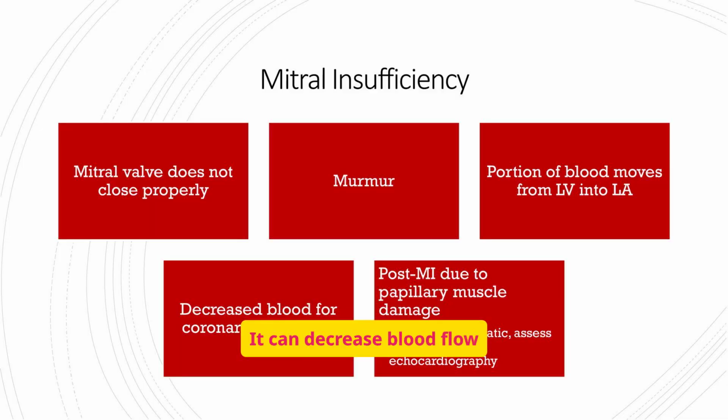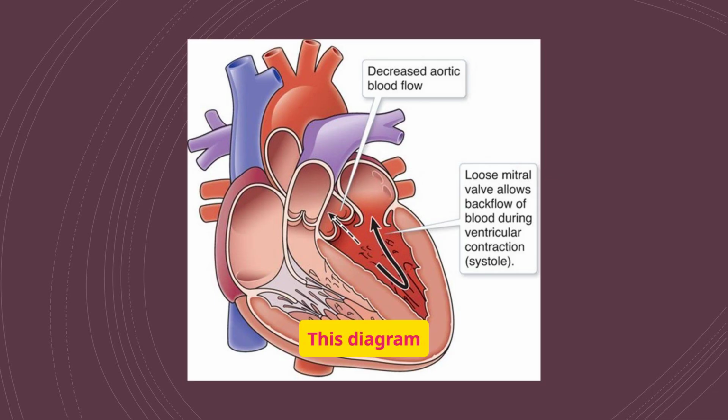It can decrease blood flow for coronary circulation and may occur post-MI due to papillary muscle damage. Often asymptomatic, post-MI cases should be assessed with echocardiography. This diagram illustrates mitral insufficiency. The loose mitral valve allows backflow of blood into the left atrium during ventricular contraction, resulting in decreased aortic blood